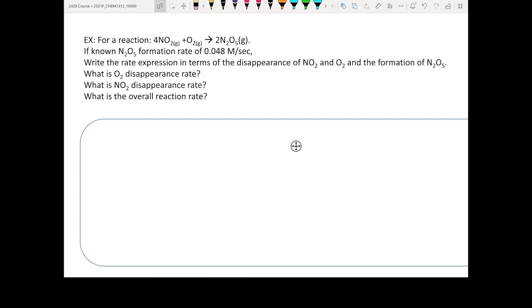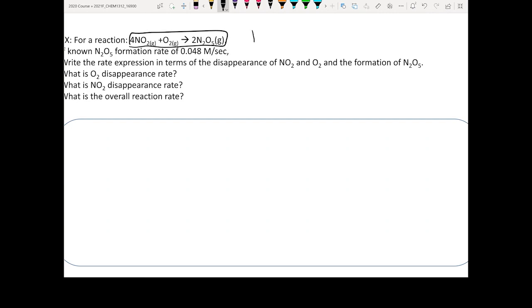The way you do it is, every time you see the equation and you see it's asking you about the rate, what I will do is just write down: I know the reaction rate is going to equal the disappearance rate of NO2, negative, and then write out the coefficient. You should write this out immediately. You should also know that that should equal delta O2 over delta T, which equals your delta N2O5 over delta T divided by 2.